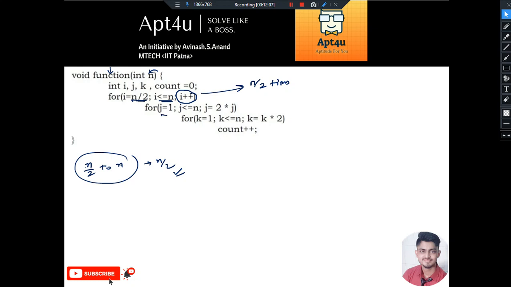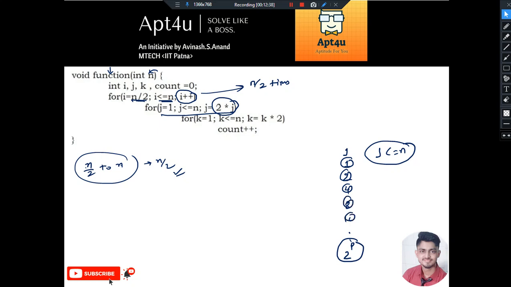What about the second for loop? You can clearly see it starts from j equal to 1, j less than or equal to n. So far so good, but again here it is getting doubled at each step. It starts from j equal to 1, then it becomes 2, then 4, then 8, then 16, and so on, and it will go on as long as the condition j less than or equal to n is true. Suppose the last time it reaches some power 2 power p, because all these are powers of 2.